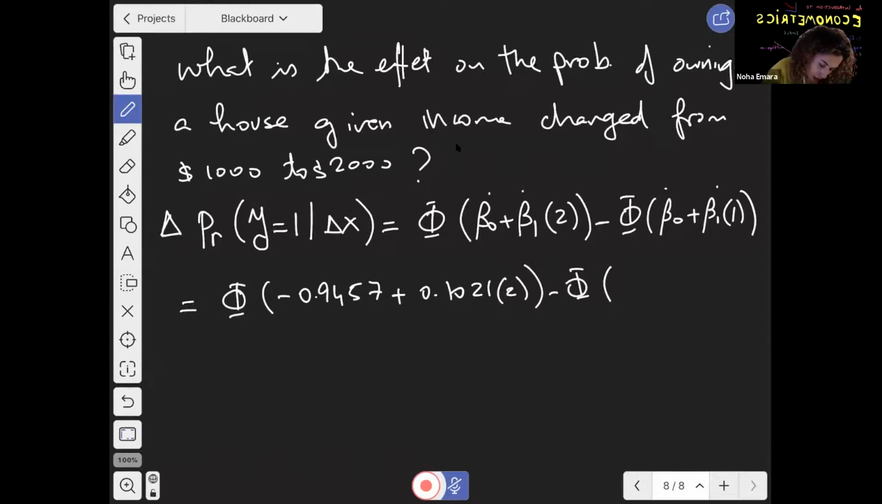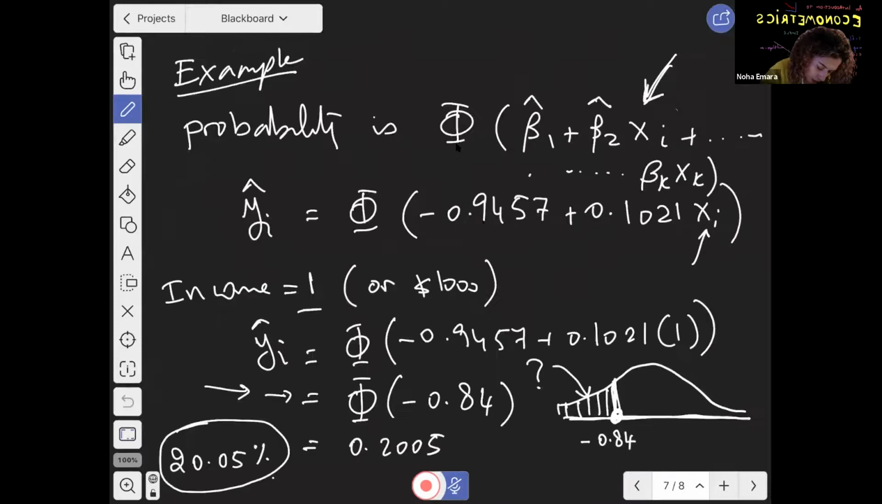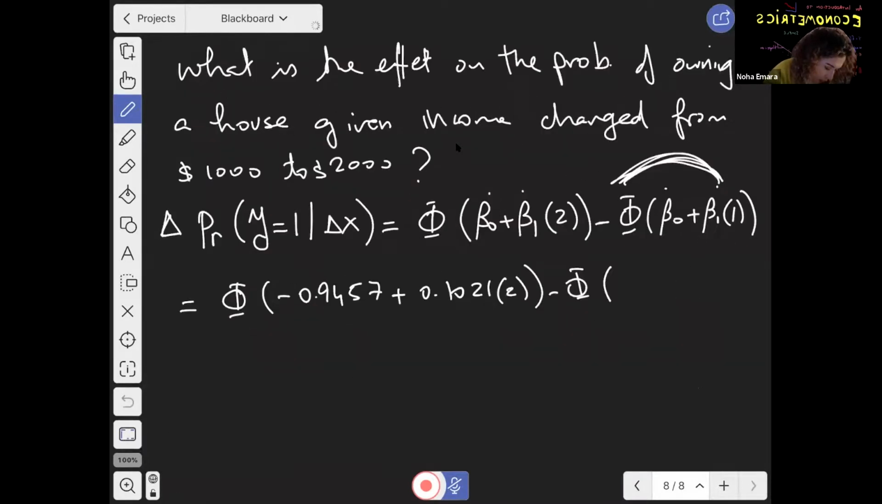So when I plugged in 1 here, I got this number, so I'm not going to repeat it. I'm going to take this number right back here. So this one is negative 0.84, okay? And then again, all you need to do is, when you add and subtract, you will get negative 0.7415, okay? So now what you need to do is go to the table and find this number